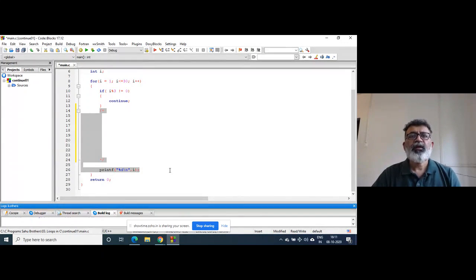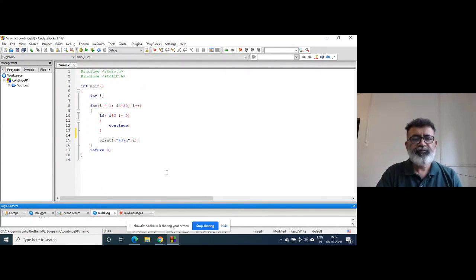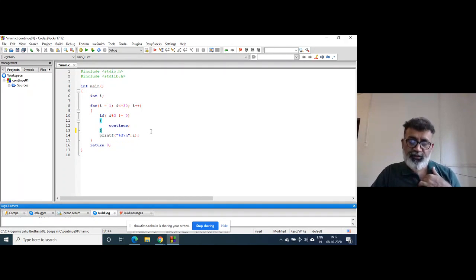Then this whole will be skipped. It is not going to be executed when the continue statement is reached. So continue will take control from the continue statement to the next iteration. So this is how the continue statement works.